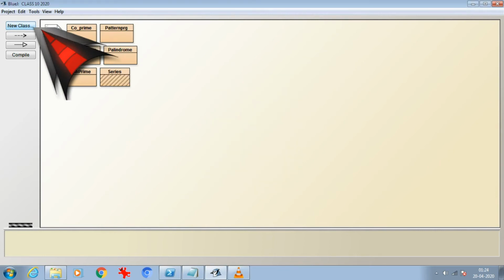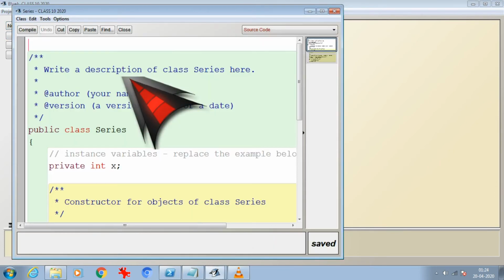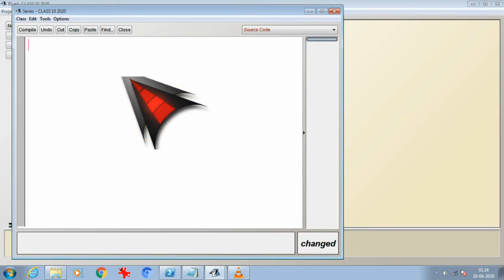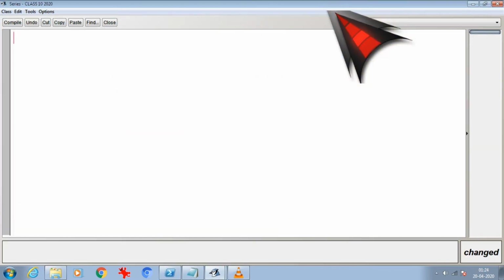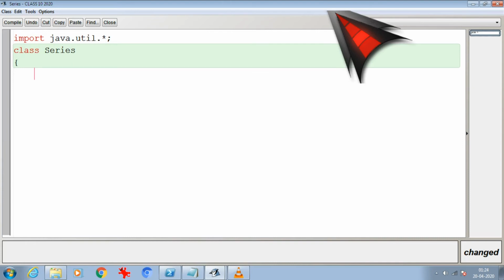I'm opening it, clearing it out, and writing import java.util.*; class series. First I'm writing the main method.